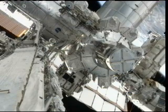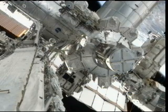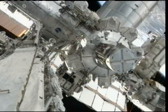So the crew talking with the ground team there, the flight control team watching the clock very carefully. The crew is